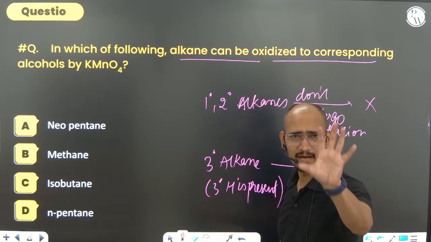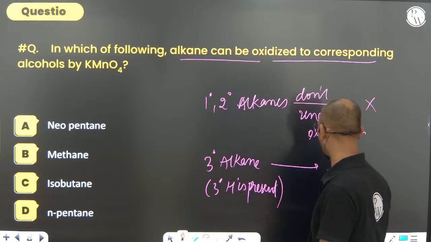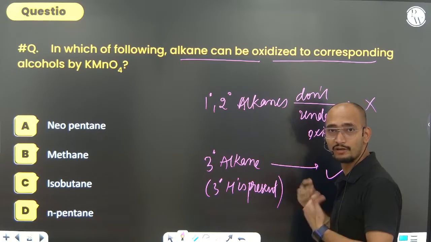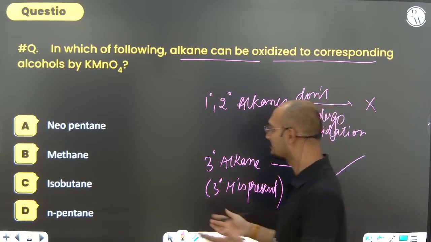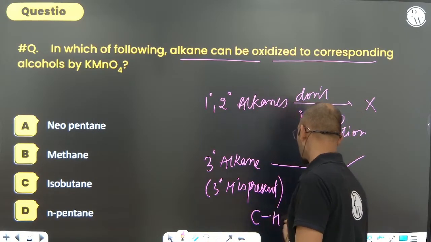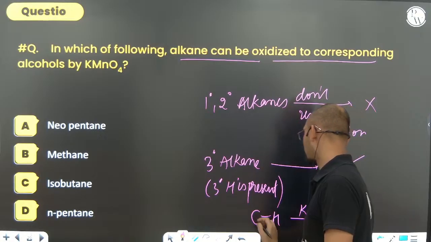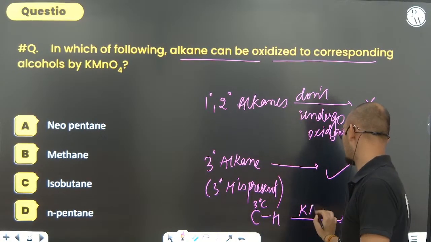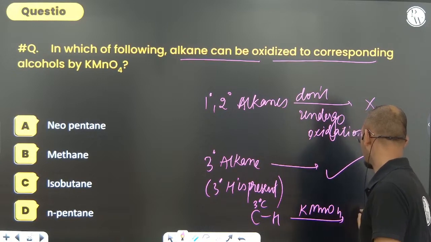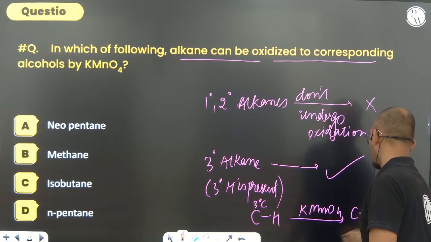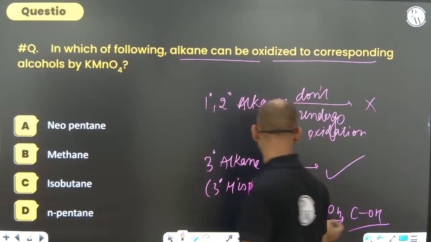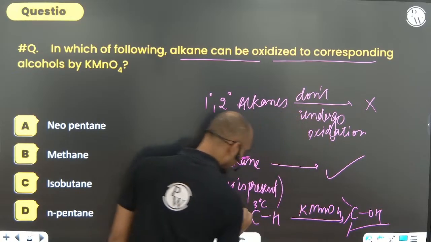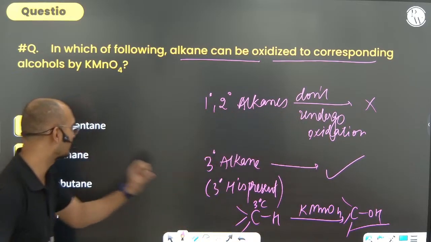समझ रहे हो? जहां पे 3 degree hydrogen is present, वहां पर this may give oxidation. Oxidation to what? जहां पे भी CH bond होगा, if it is, let's say, 3 degree carbon CH bond, then if you give it KMnO4, it will convert into C-OH bond. Okay, it will convert into COH. चलो आओ जरा ध्यान से देखा जाए. What do I mean to say if I say this? चलो आओ जरा ध्यान से देखो.